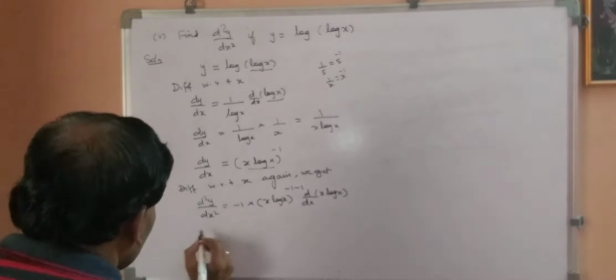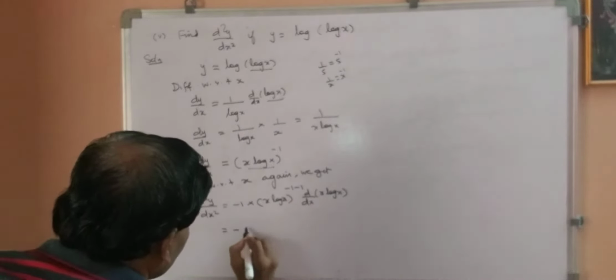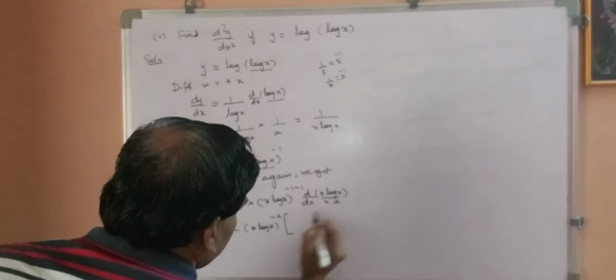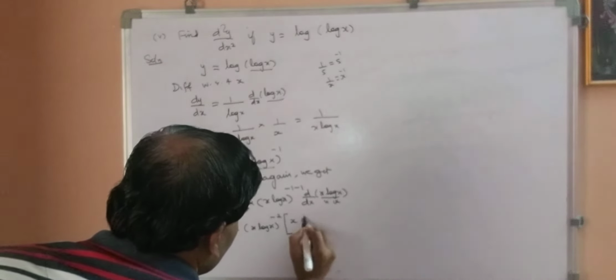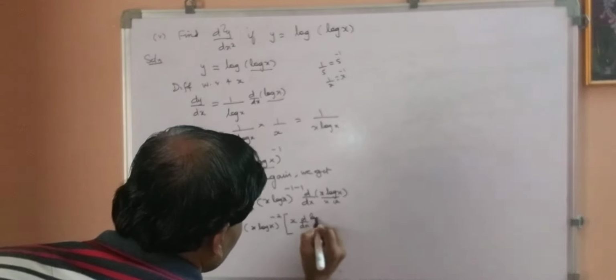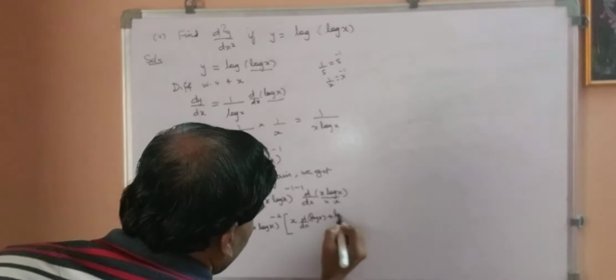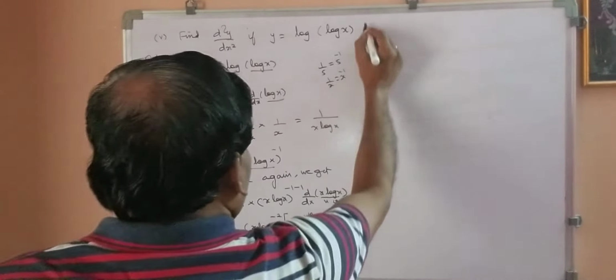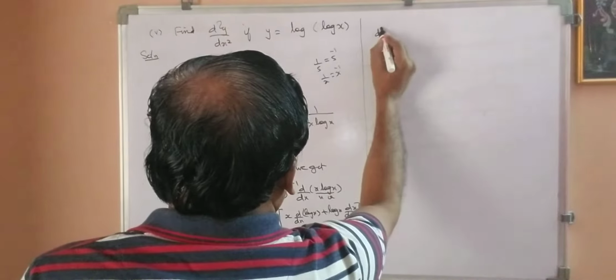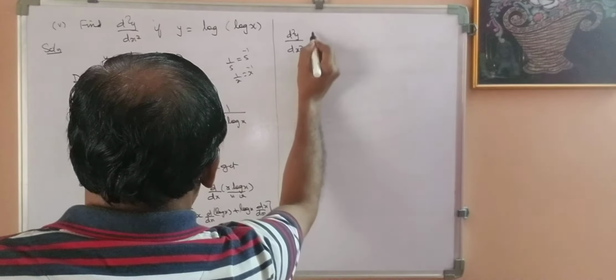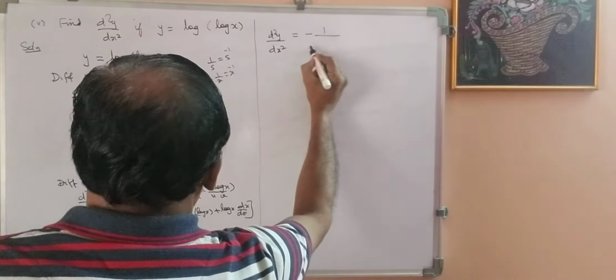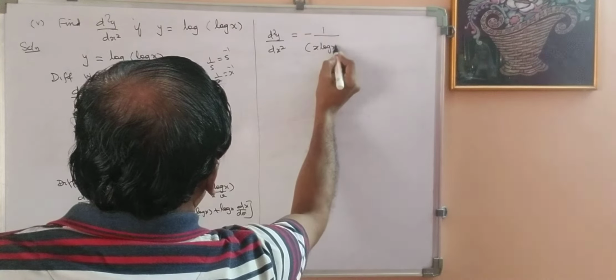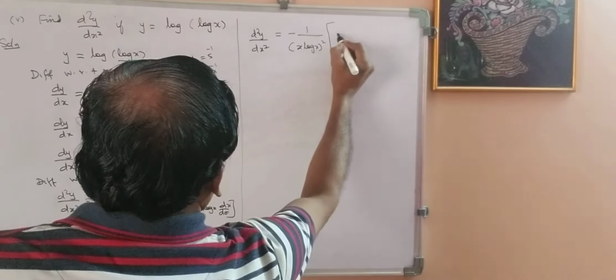Now equal to minus x log x to the power minus 2. See here, UV formula: keep u (x), differentiate log x; keep log x and differentiate x. So d square y by dx square equals minus 1 upon x log x square into x into, what